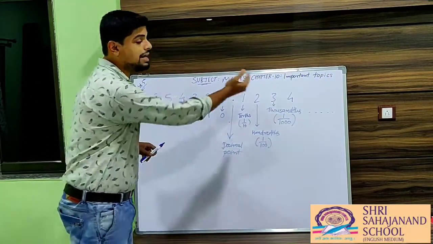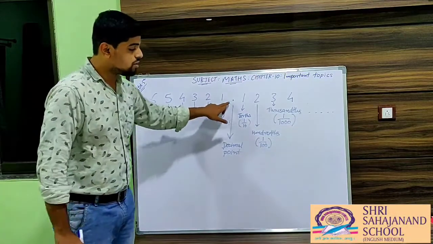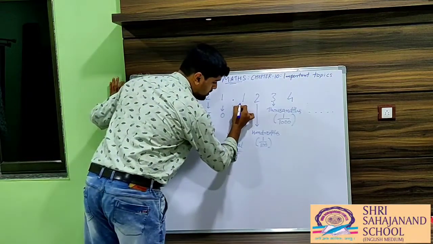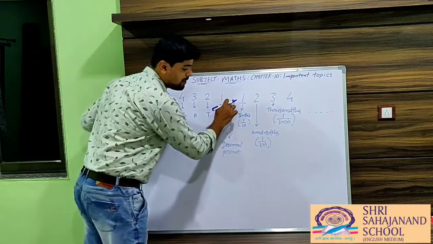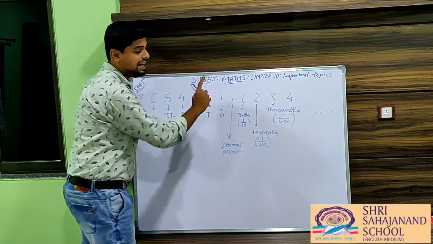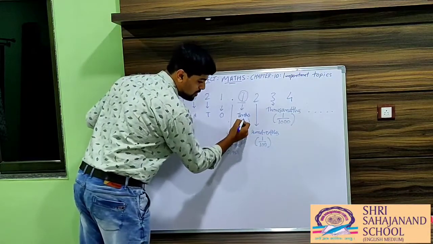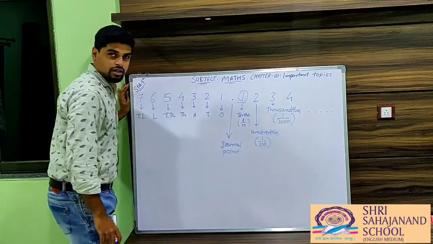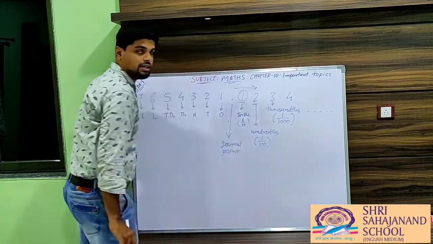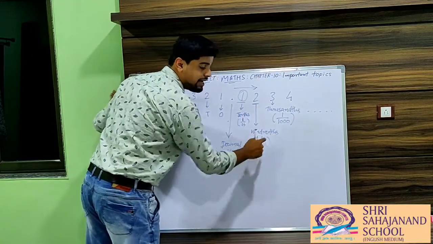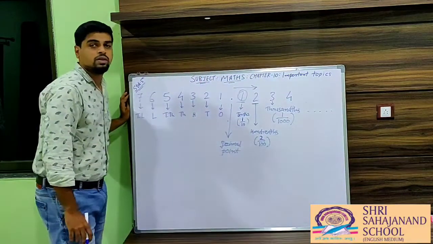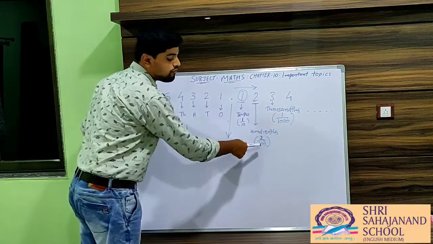But what is on the right hand side of your decimal point? So your first digit after the decimal point will be your tenths. That means 1/10 of any given number. In our case the number is 1, so here I have written 1/10. Okay. Then the next digit, the second digit to your right, that second digit will be your hundredths. Here our number is 2, so I have to write 2/100. Okay, it is 2 of 100.